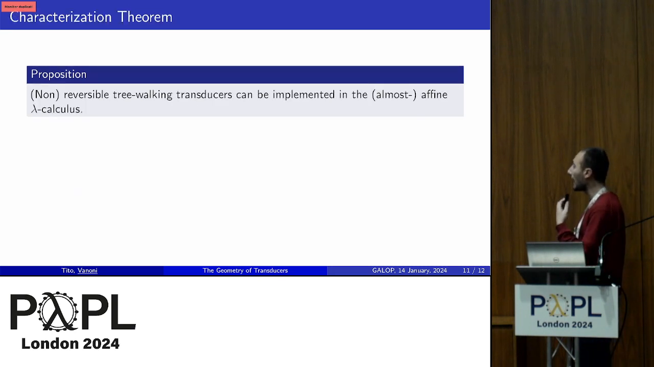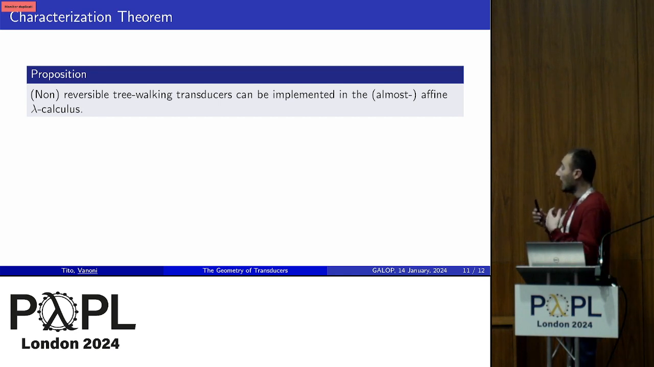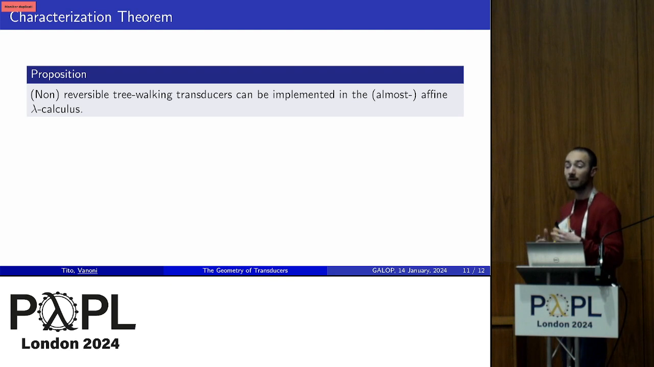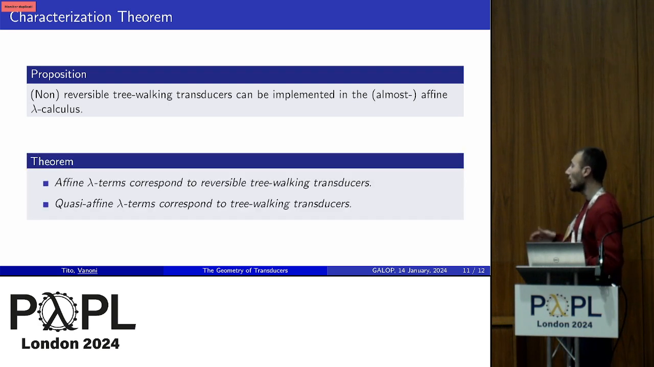Now, non-reversible tree walking transducers can be implemented in the quasi-affine lambda calculus. So this is a programming exercise, as I was saying before. It's not difficult to see that we can do this. And so, putting together this direction of the statement plus the two that we have already seen, we have a